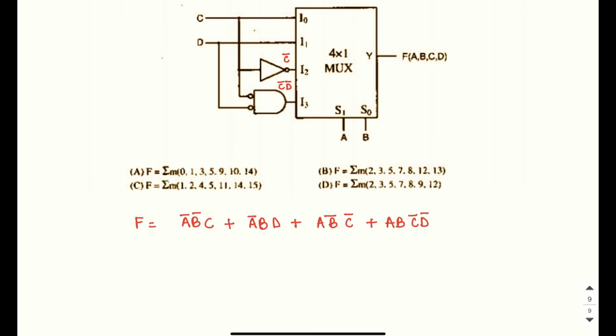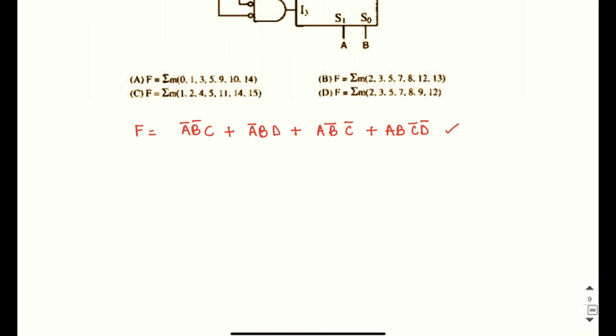Now this is what we are getting, but in the options we are given some SOP forms. So we need to convert this expression to the canonical form in order to get to the SOP expression. To get to the canonical form, we need to fill out the missing terms. So we have A bar, B bar, C, D plus D bar. And in this term you can see C is missing, so C plus C bar. In this term again D is missing, so you have D plus D bar, and in this term all the variables are there. We just expand the brackets.